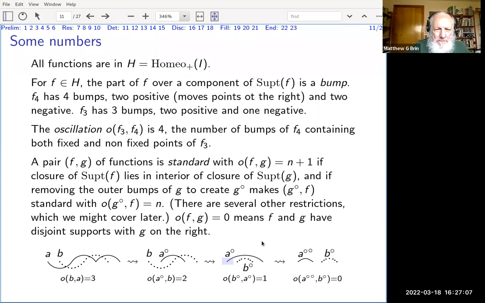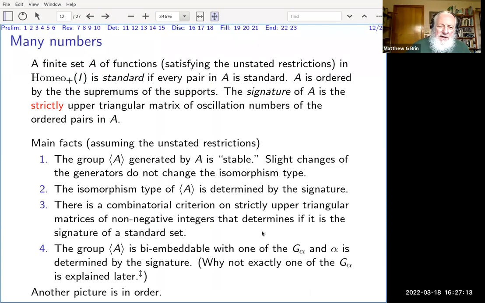All right. We now understand pairs and their oscillation numbers. Now, if I have a finite collection of these things, we call this collection standard or good or whatever, if every pair is standard. And I can then write out the oscillation numbers of all of the pairs in an upper triangular matrix. I was having fun playing with colors here. It's a strictly upper triangular matrix. We don't care about the relationship of a function with itself. And you end up with a bunch of numbers. And the nice thing about these numbers is that